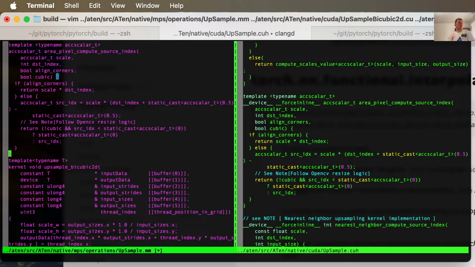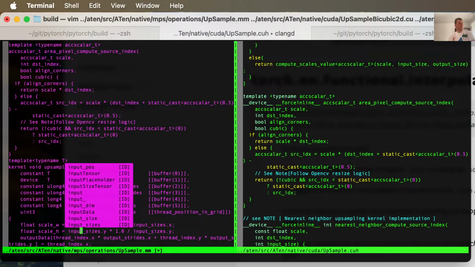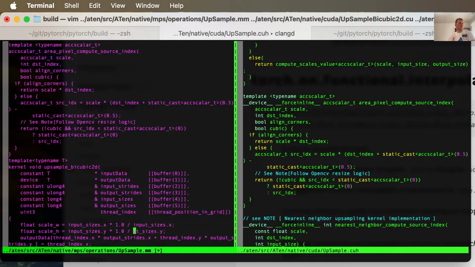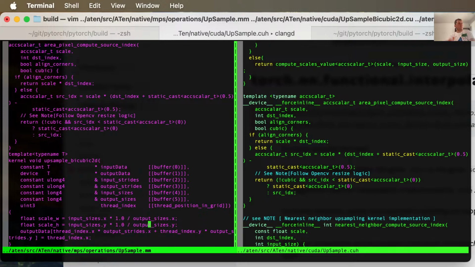Oh, so scale is inversed. It's input sizes divided by output sizes. But we just want to have like a nearest, right? So let's say we just take